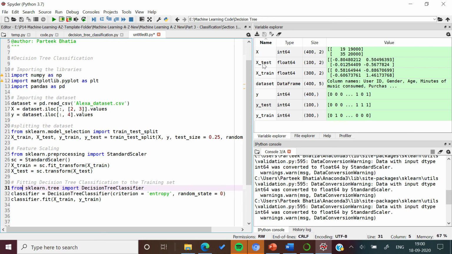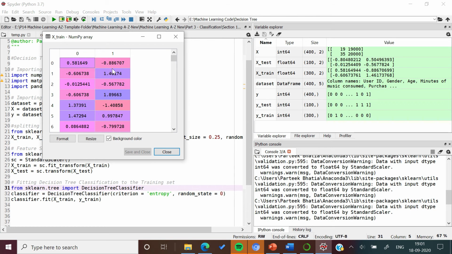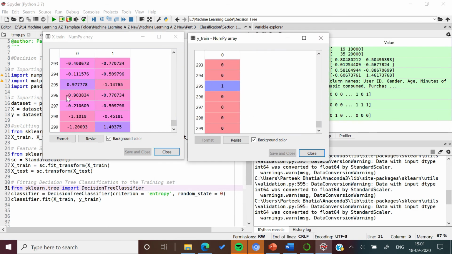Here our data has already been featured scaled and we are ready to build the model now. We will build our model on xtrain, which carries the value of independent variables with the corresponding values of class attribute, which is in ytrain. We have 300 records in xtrain and ytrain. Xtrain carries the value of independent variables, while ytrain carries their corresponding values of dependent attribute. So we will build our model on xtrain and ytrain.